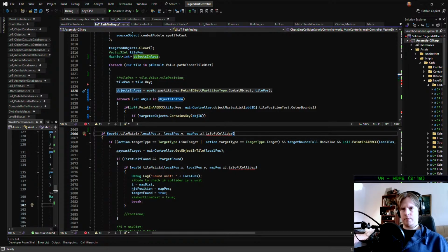If action type is line target or target,